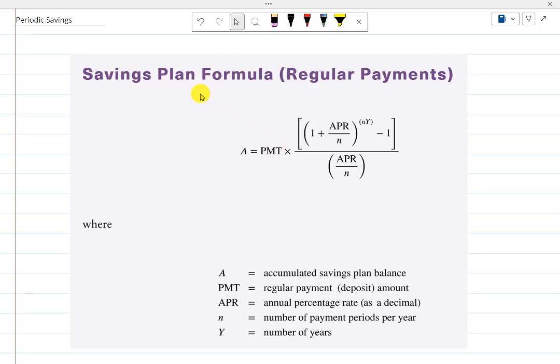Now, this is what's called a savings plan. That means you're going to deposit the same payment amount periodically. Probably every time you have a compounding, you'll make a payment. So you deposit a certain amount called PMT in, and then you do all these computations, and that tells you how much you'll have in the future. So this is, I call it a periodic savings formula, because you're putting in periodic payments